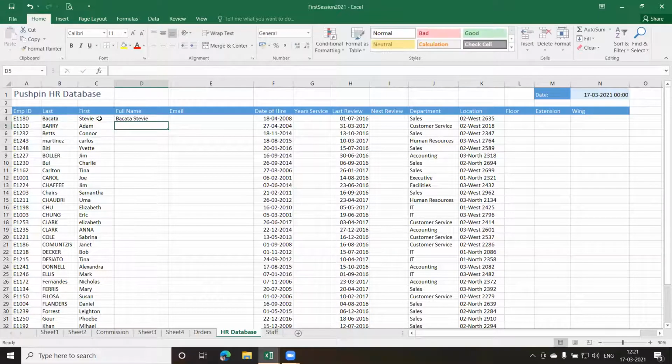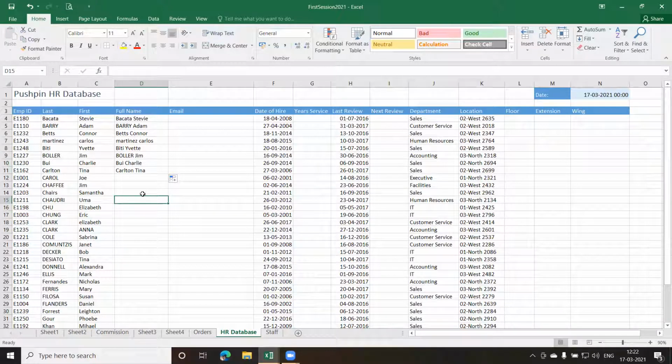Okay, let's see whether we get the answer. Yes, we are getting it. So what is happening? The last name, after that a space is added, and I get the first name. I can easily copy this function down, but look at what is happening when I copy it down. My names are not put in the proper way. Somewhere it is in full uppercase, somewhere it is in proper case, sometimes it is lowercase. Especially you can see this third name here, the fourth name, it is all small case, and this is not what I want. I want the first character of the name to always be in uppercase. That is what I want.